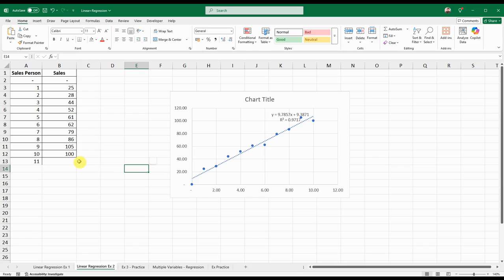So let's predict the next number. I am putting the next position, which is 11, into the equation. So 9.7857 multiplied by 11, and then adding the constant value, which is 9.3871. So the next predicted number is, if we have 11 salespersons, our next sales will be